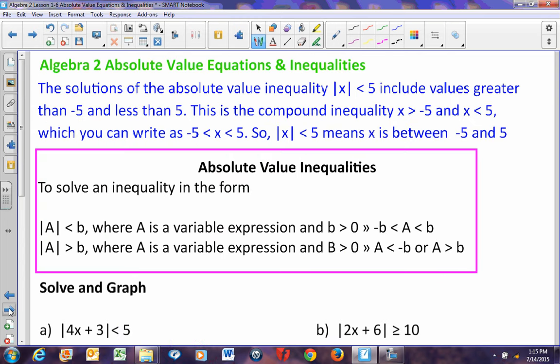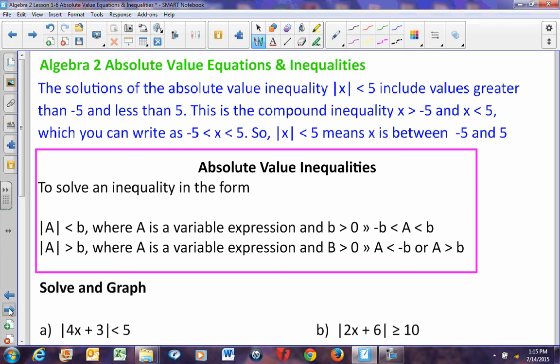Now, we've done absolute values of inequalities before. Some of you may or may not remember these, but let's just refresh your memory. The solutions of the absolute value inequality, the absolute value is less than 5, means it includes all values that are less than 5 units away from 0 on the number line. Okay, so less than 5 units away from 0 is going to be greater than negative 5, but less than